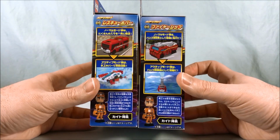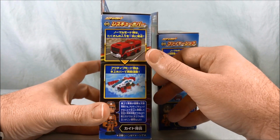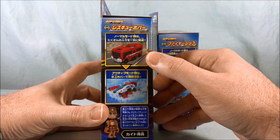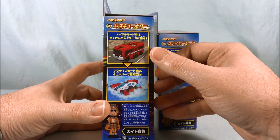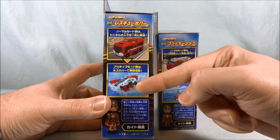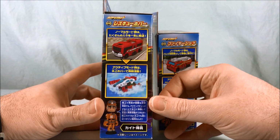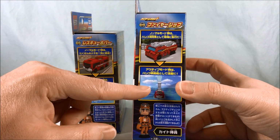On this side it shows, okay, so this really just kind of looks like a generic bus, but somehow it's associated with the fire rescue. And then this looks like the sides flip down and somehow turn into a hover vehicle. I don't know, guys, that's a bit of a stretch, but this one is a fire engine that turns into